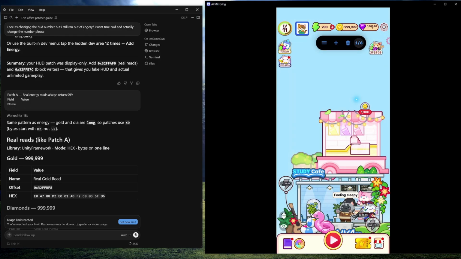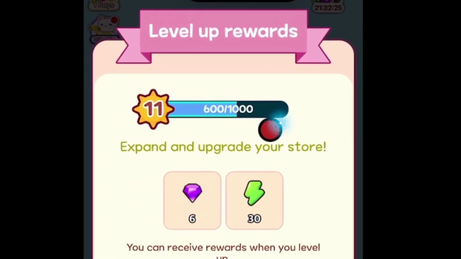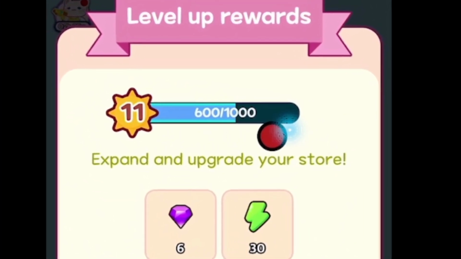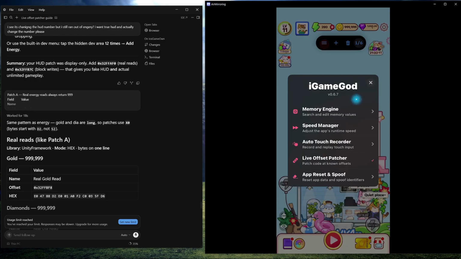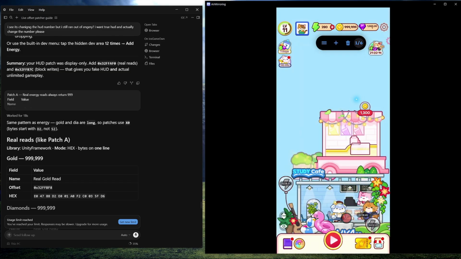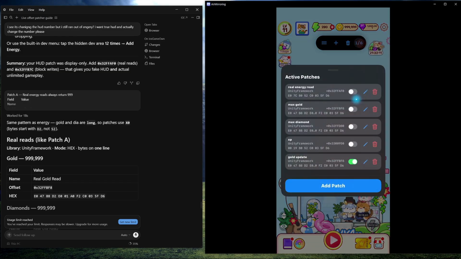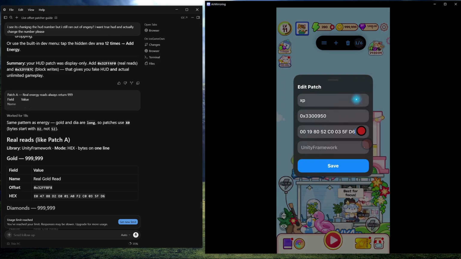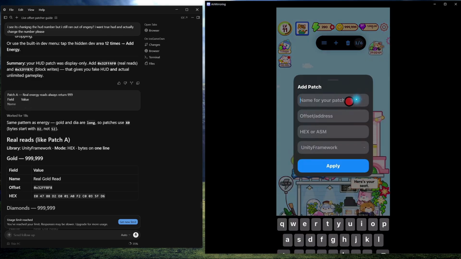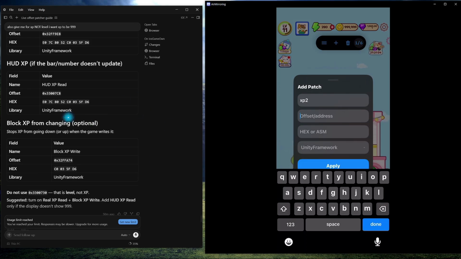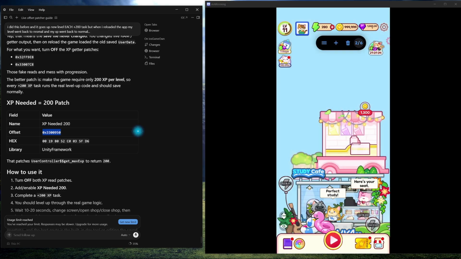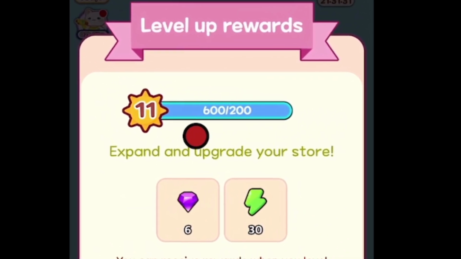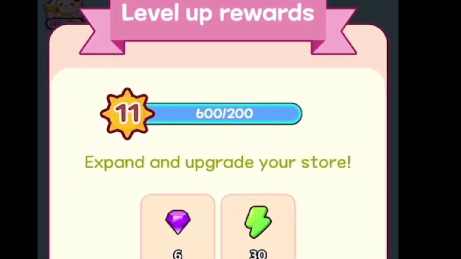And for the level, you can actually change this number right here. Instead of it being 1,000, you can change it to just be 200, so we can level up each time we complete this gold. We can do that right here by copying this and applying a new patch. We'll call it xt2, and we need the offset, which is down here. This offset right here, so it's going back in. And if we apply, and now look back at here, you can see we're at 600 out of 200,